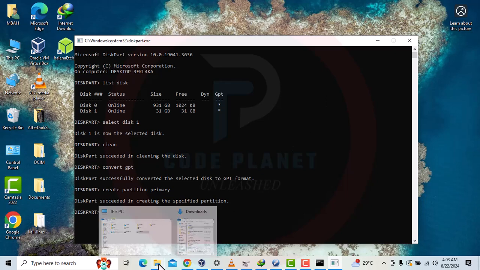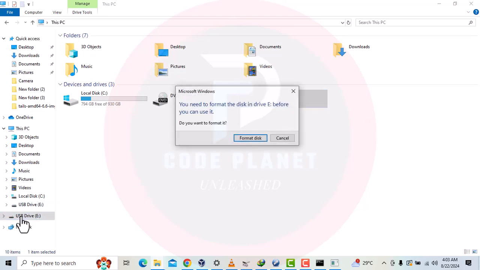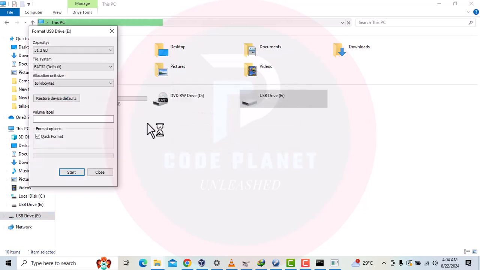Now you simply just go back to your my computer, and then you come to this part and select USB, and it's going to ask you to format your USB drive. Okay, now at this very point, you're going to lose everything, but not to worry, you're going to get your USB back. So you just come here and say format disk, and then everything is okay. You leave it at FAT32, which is the default, and then just leave it at this, and then we just come here and say start,